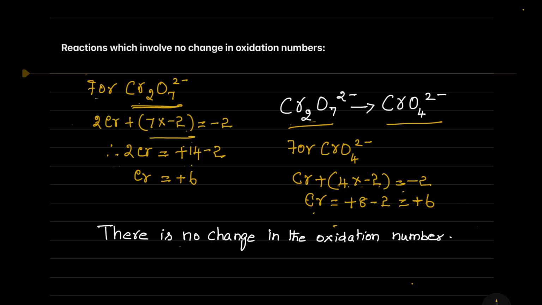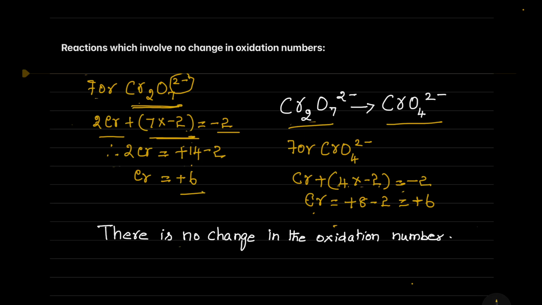And the algebraic sum of the oxidation numbers of 2 chromium atoms plus that of 7 oxygen atoms is equal to minus 2, which is the charge of the ion. Therefore, for 2 chromium, it is plus 14 minus 2, and for 1 chromium, the oxidation number comes to plus